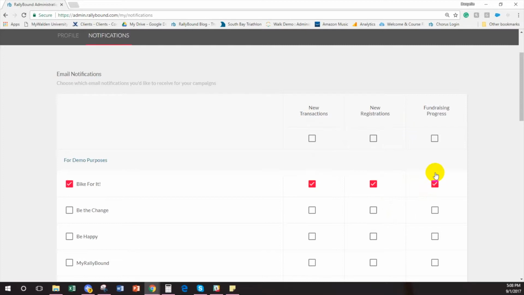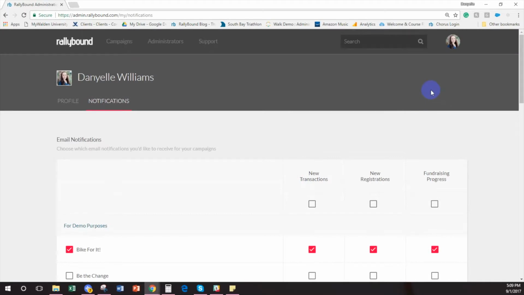If you want a specific email address or a specific administrator to be notified for every registration or every transaction, and you have multiple campaigns, you can turn that on by selecting the checkbox right underneath the specific notification area that you're referring to. You can also unselect in the same way, or you can also turn on notifications for just a specific campaign. If you have a general email that you're using, let's just say